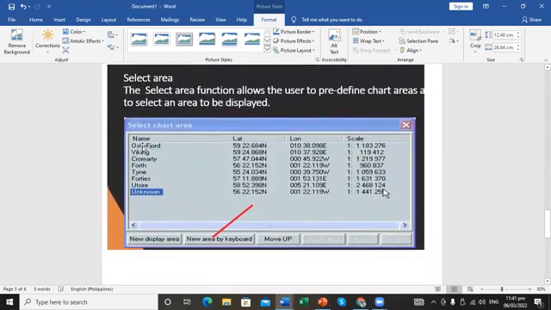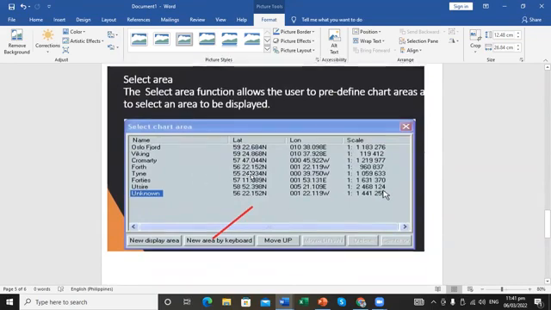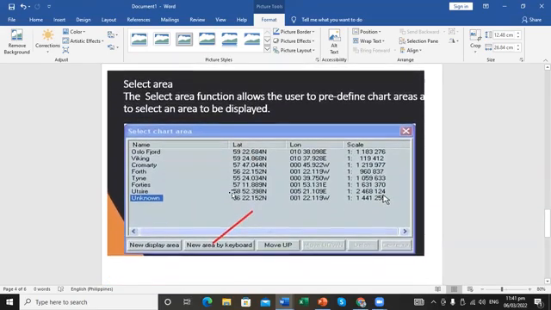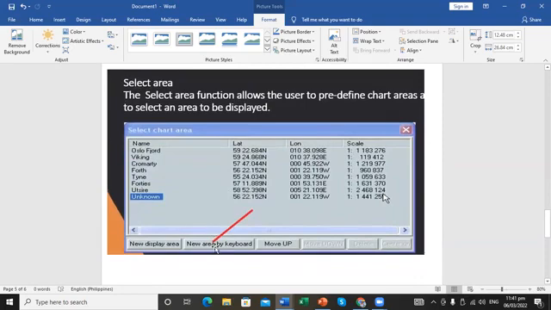There are some saved chart areas, but if you want to put a position in the Philippines or Manila, you need to create a new area by keyboard by pressing this button.